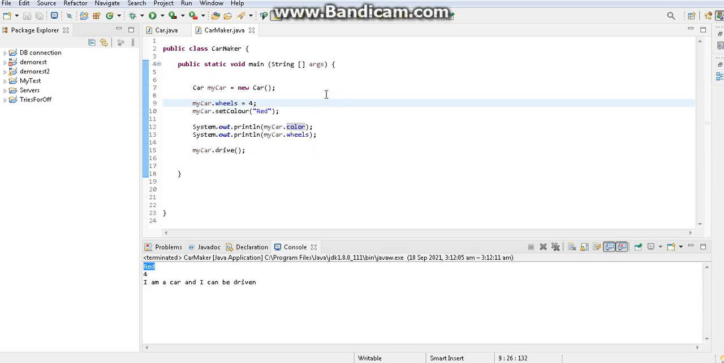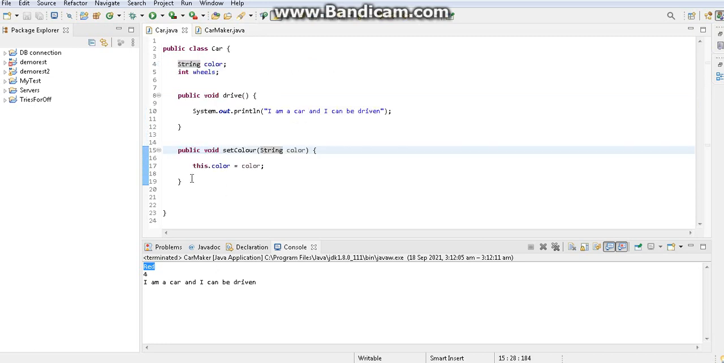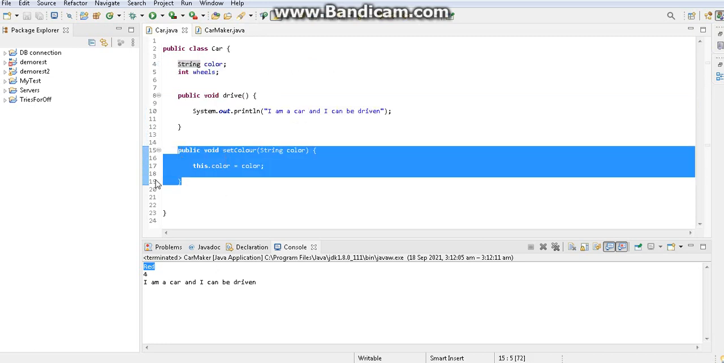direct customization of the variables, so we have to do the same for wheels as well. Wheels also should not be assigned directly, that means the other attribute. For that also we should create a setter method, a set wheels method, and you use that method to pass the value, so that the method will take care of this. The method will assign the value to the object's variable. You shouldn't do it directly, so I will go to the car class and do the same thing that I did for the color,